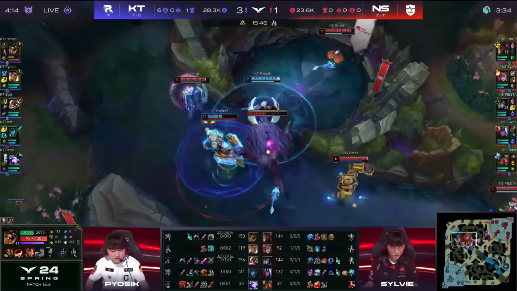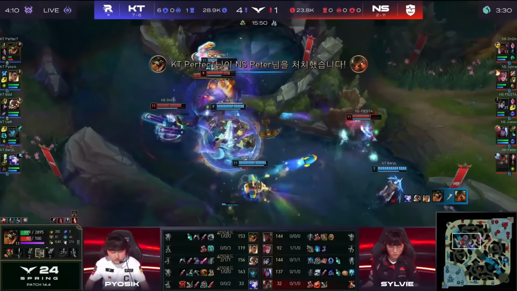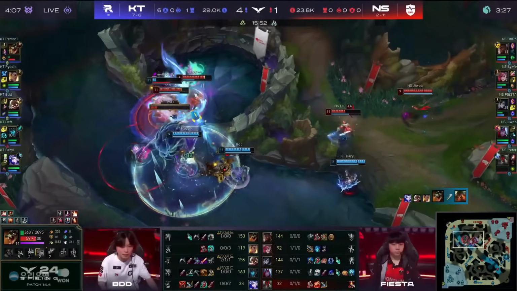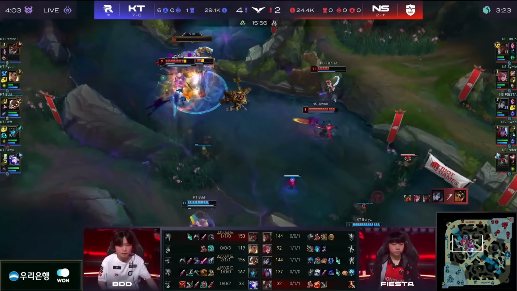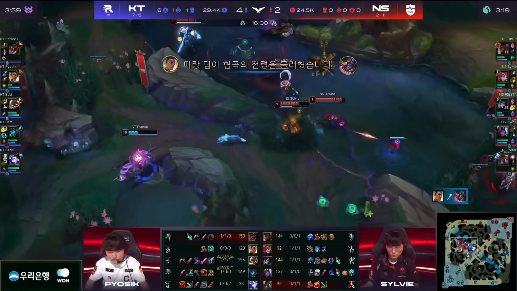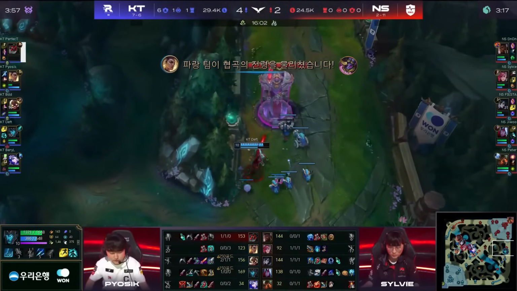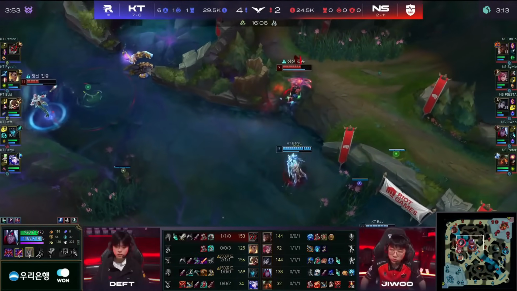Now BDD, he gets in amongst it. It's not really that good of a Magnet Storm, but Peter just explodes. What was that? Now Beryl is chasing Fiesta down. Jiwoo comes in, but doesn't hit the Chains of Corruption. The Crocodile is still going to fall, and they lock down the Rift Herald, and somehow pyosik just exits. I mean, he's Rel. He's going to get those, and he does, and he gets away because he has Flash,